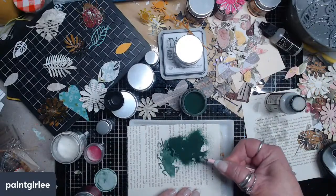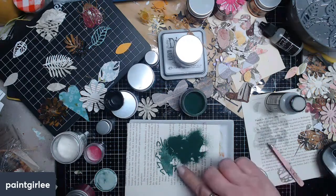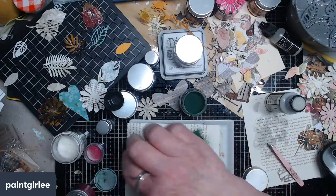Of course, I just discovered on the back of the, oh, see, look, I missed a couple spots. That'll never do. Where's my little